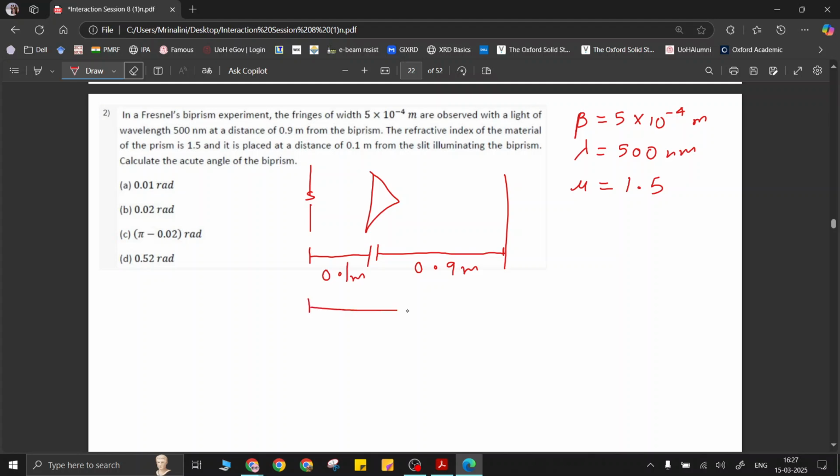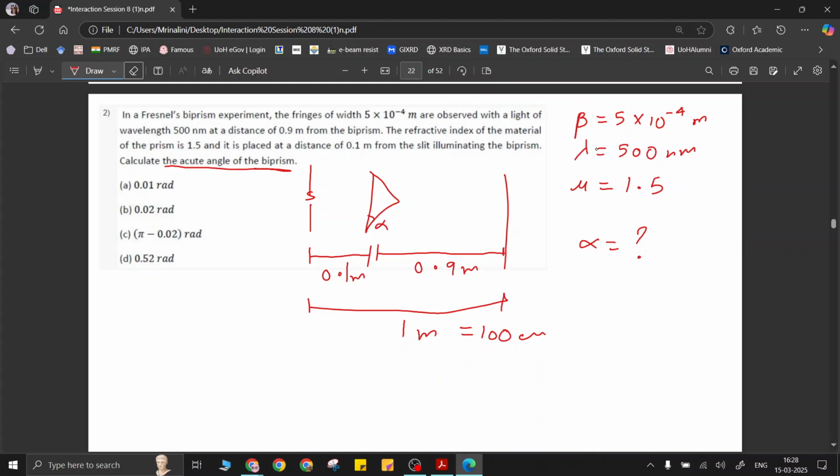So that means the distance between the source and our screen, or wherever we are observing the pattern, becomes 0.1 plus 0.9 meters, that is 1 meter. That means 100 centimeter. Now we have to find out the acute angle of the prism. That means this angle, alpha. We need to find out the angle of the prism. So for this,